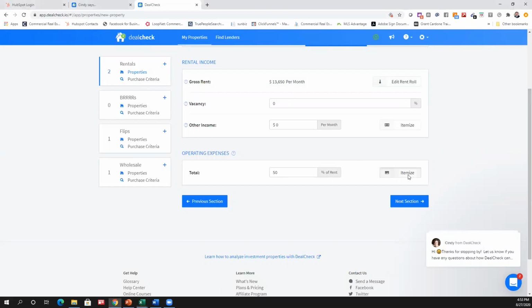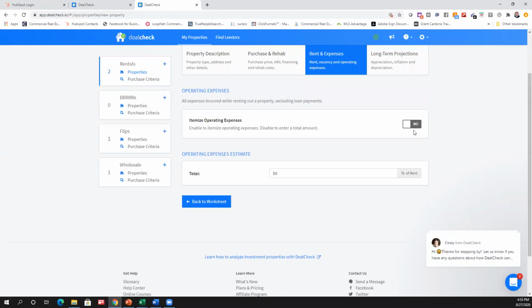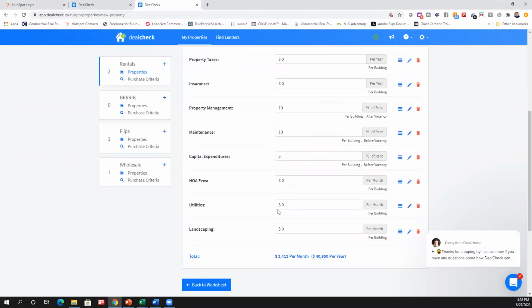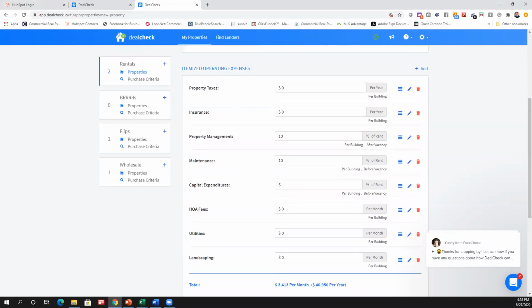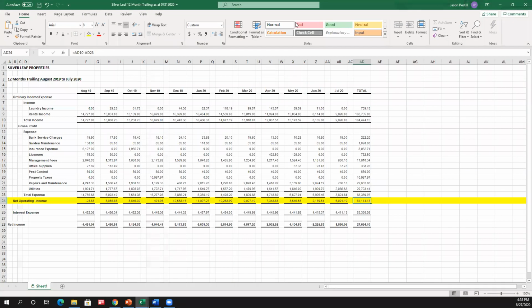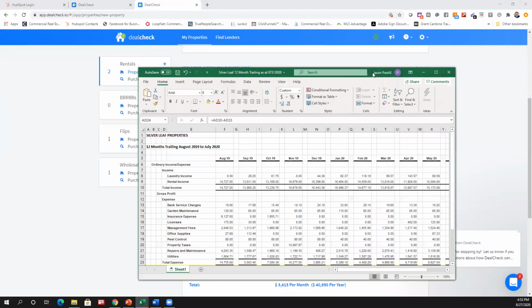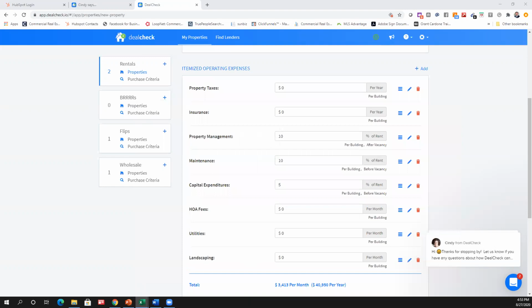So for this little exercise, we're going to actually plug in all the expenses, okay? And again, if you have this from the seller, you can just copy and paste it, okay, and make your own numbers, right? You can just itemize it per year, per rent. So just like this one property per year, the taxes were